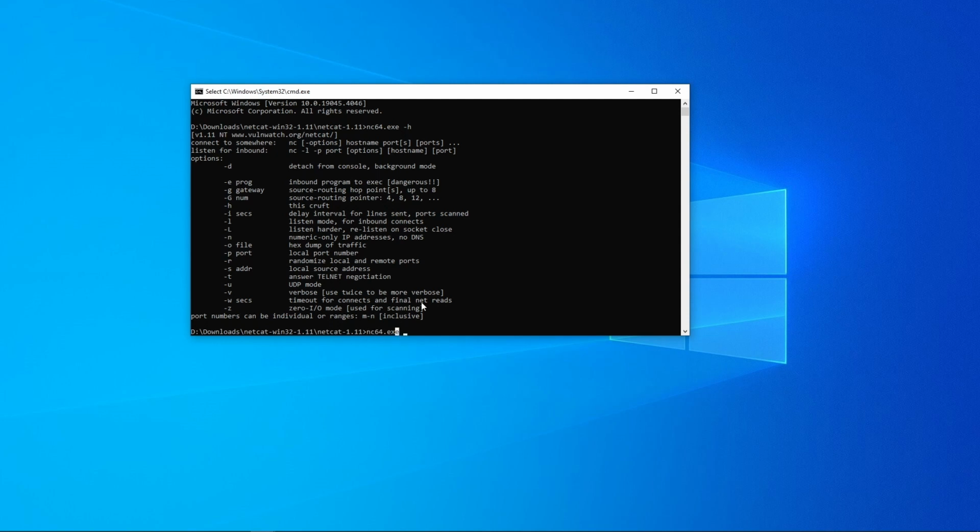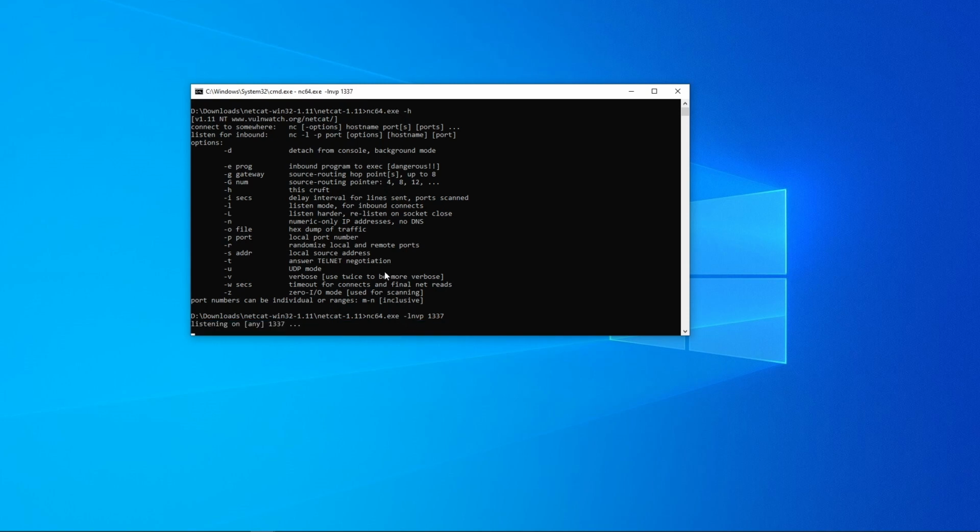and -lnvp. L stands for listen, n stands for not using DNS resolution, so it will not translate domain names to IP addresses. That's basically geek stuff, if you don't know, leave it there. V is for verbosity and p is for listening on what port. So I'll type port 1337 here and press enter. So now basically what this program Netcat is doing is listening for any connection on port 1337,